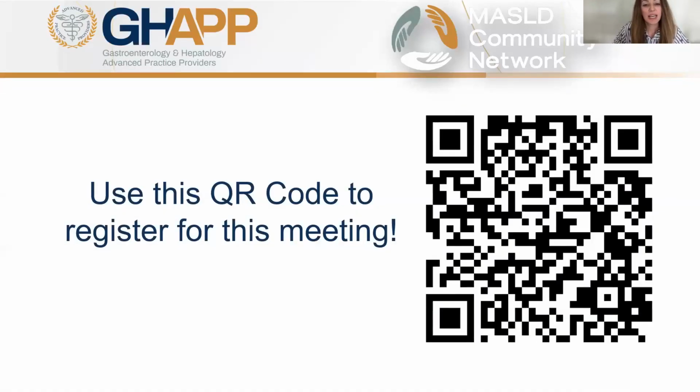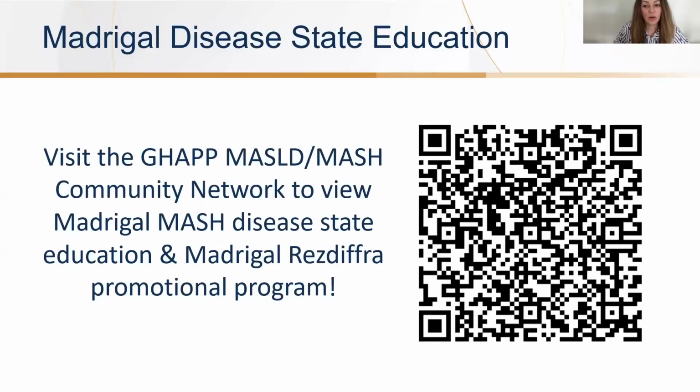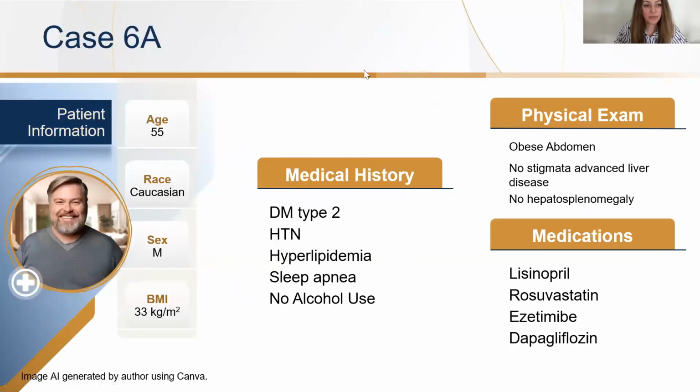All right. So here's the QR code, a little bit more information that you can scan and look at the online material. All right, so we will go over a clinical case and discuss the use of non-invasive tests or NITs for accurate staging, highlighting how different fibrosis stages lead to key differences in the clinical pathways and influence patient